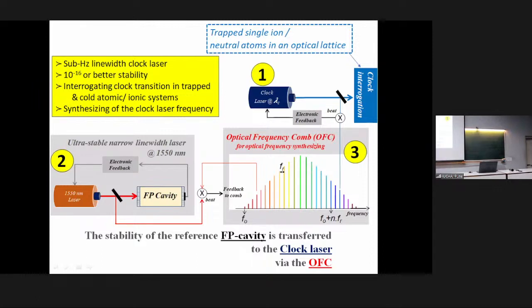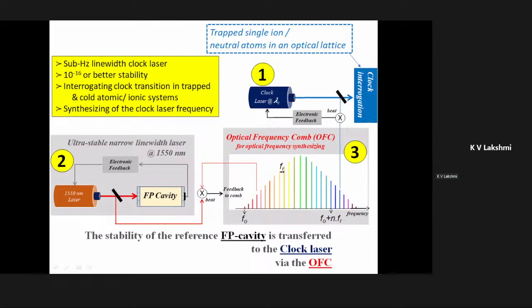So that means you have to bring down the line width of the laser to the hertz range or maybe even the sub-hertz range. Then only it is useful. And that is something not commercially easily available. You have to build this technology in the lab, and it's very complex technology. I won't go into the detail of this complex technology, but maybe when you have a lab visit today, the students can tell you a little bit on that side. So the second stage is the preparation of the clock laser, which satisfies the